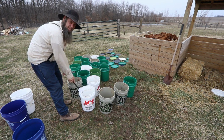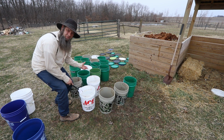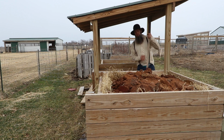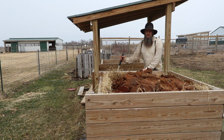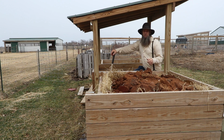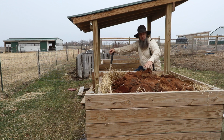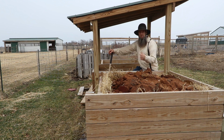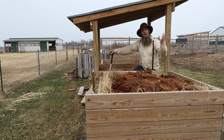And in this case, repeat the process 23 more times. Now what I did was, as I was filling up those buckets from one bucket to the next, whenever it got too full, I would just pour the soapy water and everything right on the pile. So that's what you do. So I just kept going from bucket to bucket, using that water to swish it out, and then pouring it